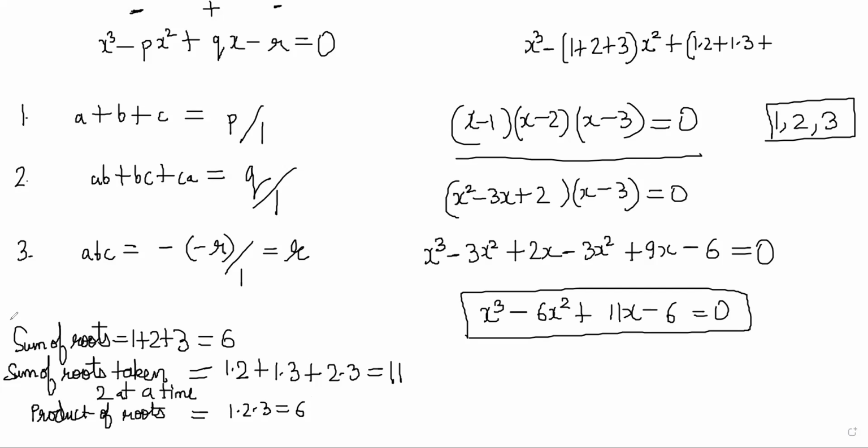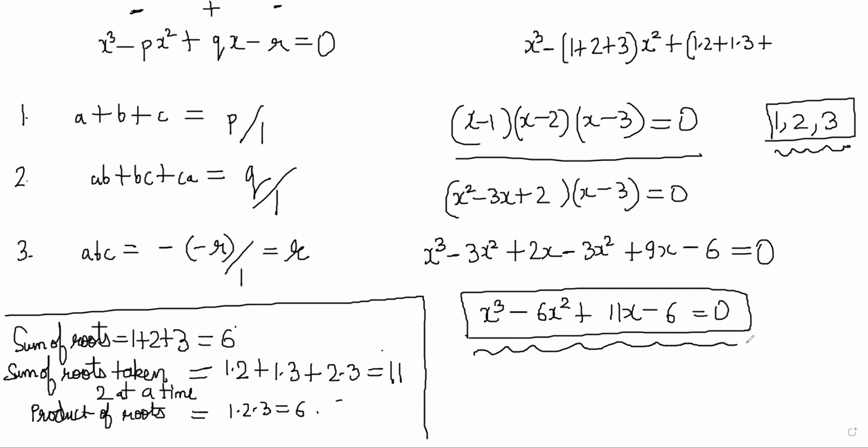Now what we are capturing by Vieta's relation is, in this case we knew the answers, right? You knew the roots. That's why you are able to find this, right? Yeah. If this equation was directly given to you, right now you don't know what the roots are, alpha, beta, gamma, right? I don't know. So if you want to find out alpha plus beta plus gamma, how will I get it? There is a relation between this coefficient and the answer, right? Yes. What do you have to do?